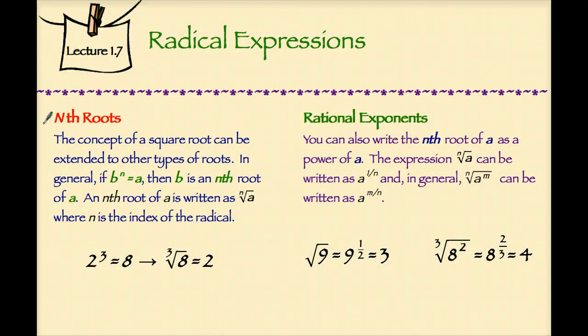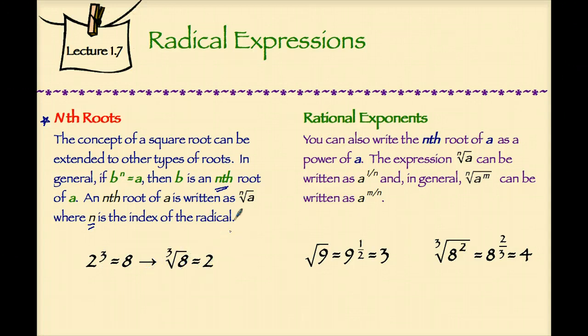Nth roots. This is something we mentioned briefly in the previous lecture, but we're going to expound upon the topic a bit more here. The concept of a square root can be extended to other types of roots. In general, if b to the n equals a, then b is an nth root of a. An nth root of a is written this way, and this reads nth root of a, where n is the index of the radical. This statement here, 2 cubed equals 8, yields this inverse relationship, the cube root of 8